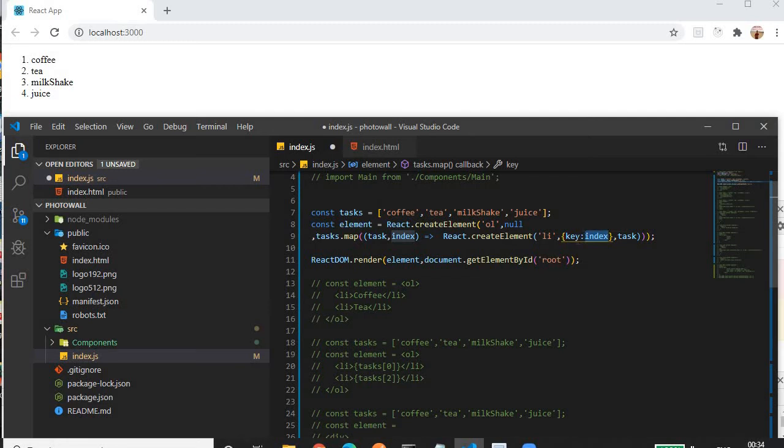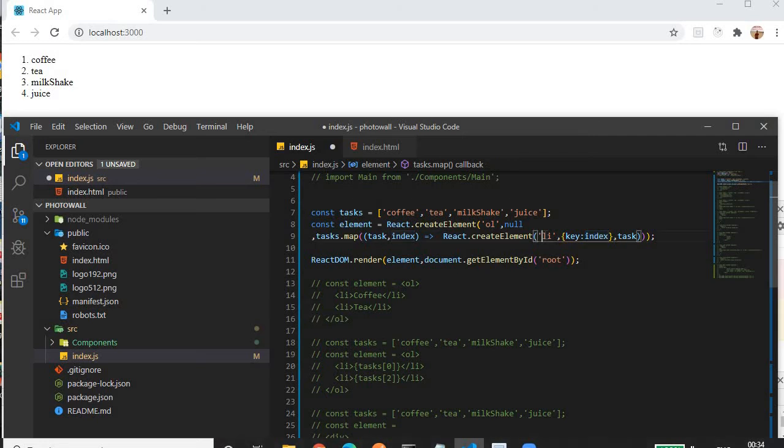So we give key colon index, because the index of an array is always unique. We could give task here also, key colon task, but it will work only for the time being. If our task is repeated, like here coffee and here also coffee, then we'll have two li elements with the same key, and that will cause an issue. So the best way is always to give index here.